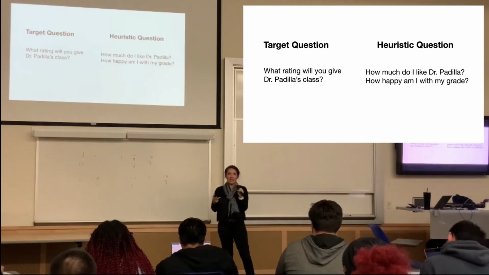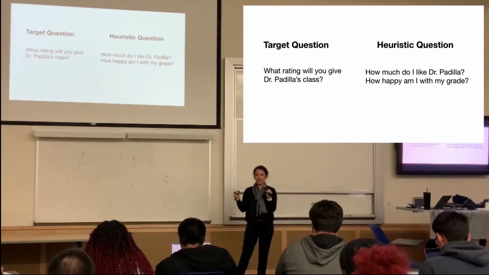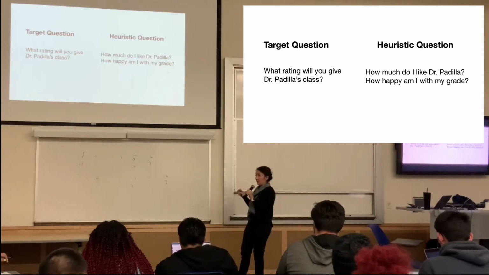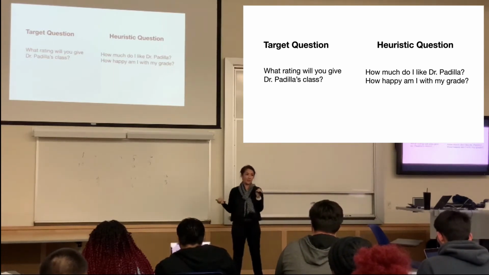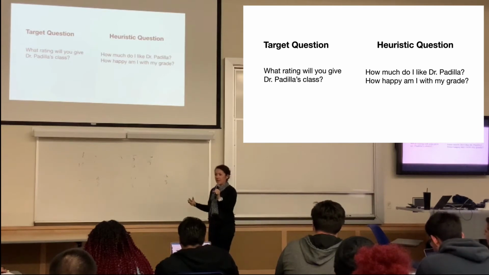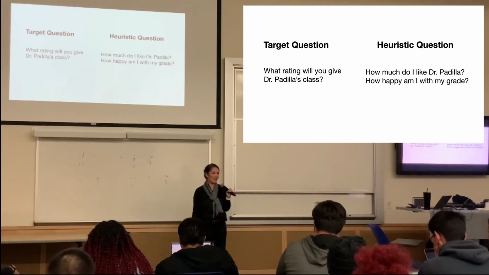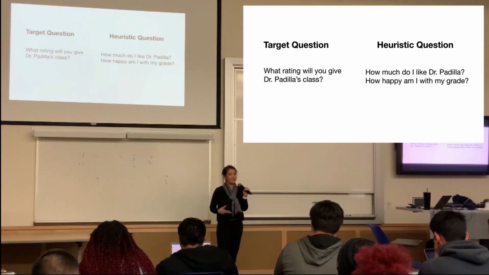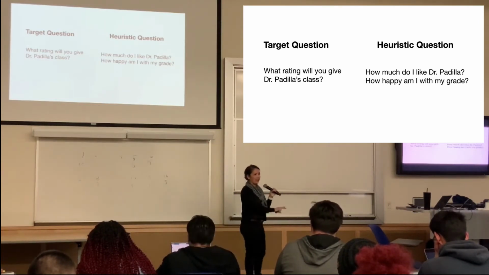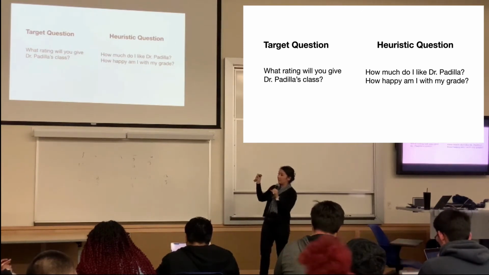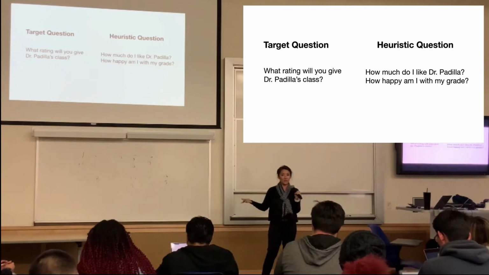And that isn't a problem unless it creates some issues for certain groups of people. Historically, at every university, professors of color and women have lower class ratings because we use these heuristics for how we judge people's quality. Generally, especially with people of color, we tend to like people who look like us. If you have a more positive feeling about someone who looks like you, then you're more likely to rate their class higher. So that's what you see nationally, and it varies per region, but generally women and individuals of color get systematically lower class ratings